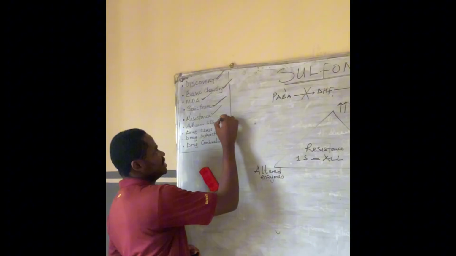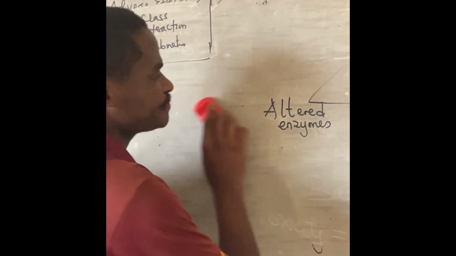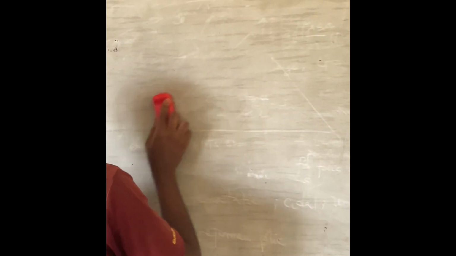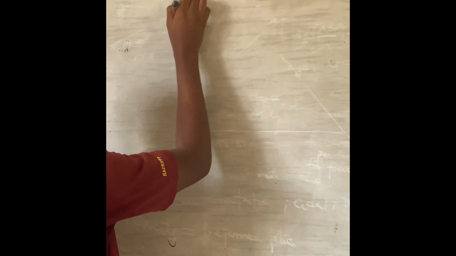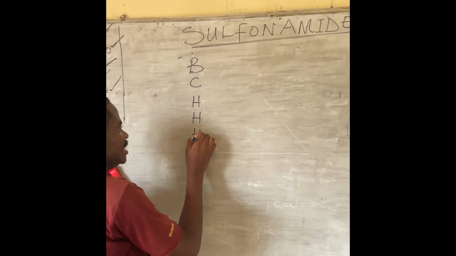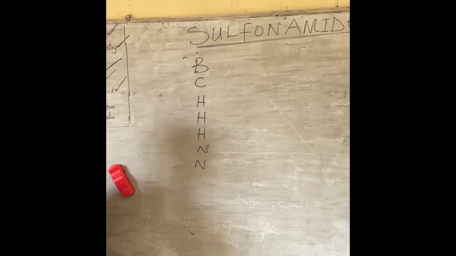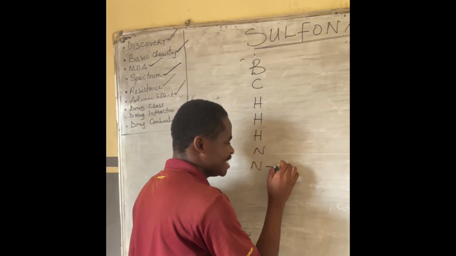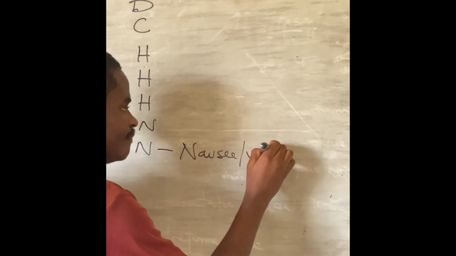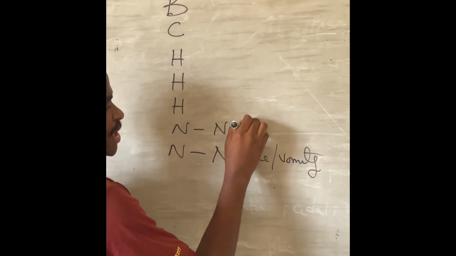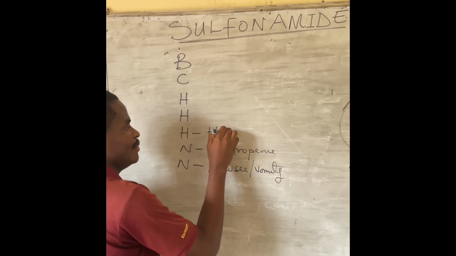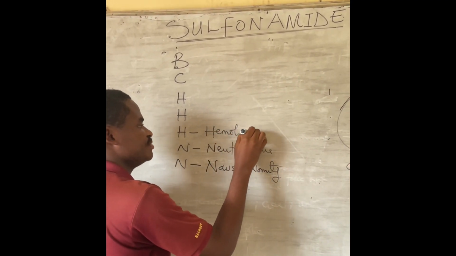Okay? Now, what are the adverse effects of sulfonamide? For the adverse effects here, I'm going to show you a mnemonic which I've been able to use to remember: B, C, H, H, H, and N, N. You can guess. The first N here, nausea and what? And vomiting. Nausea and vomiting. Okay? The other N here, neutropenia. Neutropenia. Okay? The H, hemolysis, which could be due to